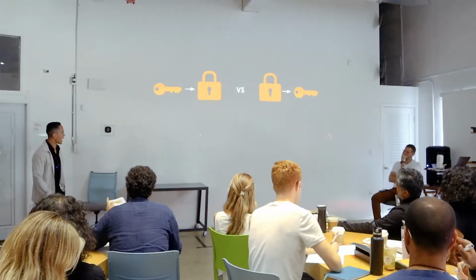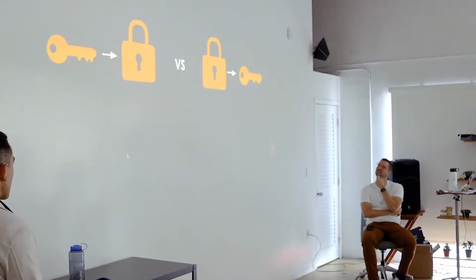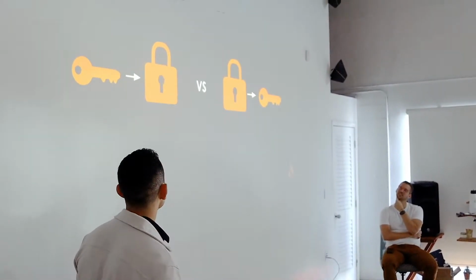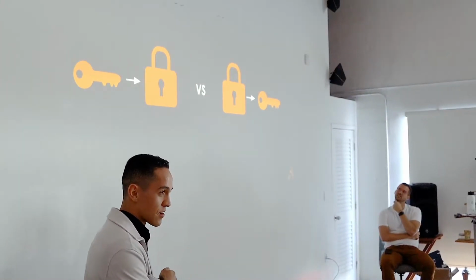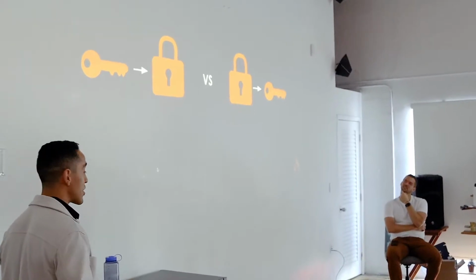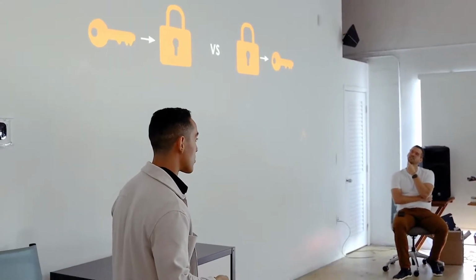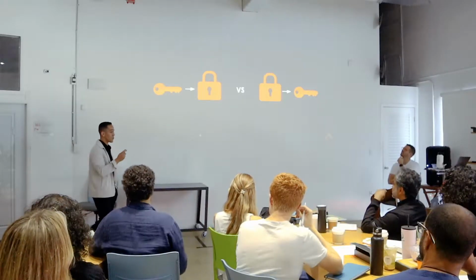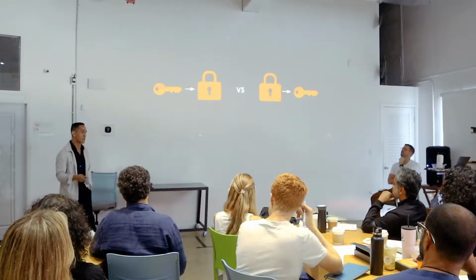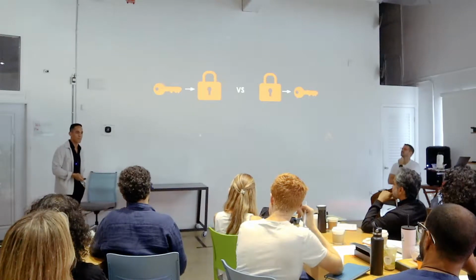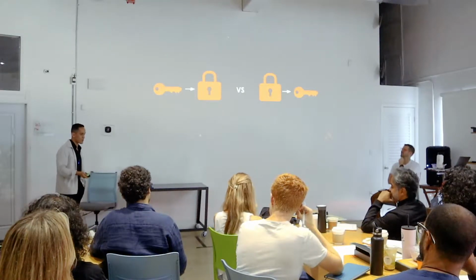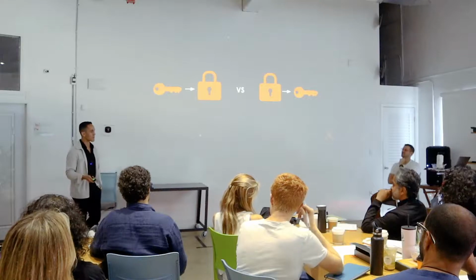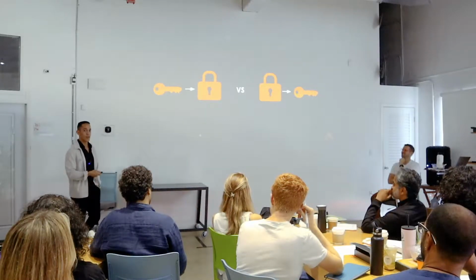So I have a question for you guys. What would be easier? Would it be easier to create a key? Let's say you know how to create keys. You go in your garage to create a key and then go out into the world and find a lock that key opens, or to find a lock and create a key for that lock. What would be easier? The second. Why? You can control the lock. The lock tells you what kind of key.